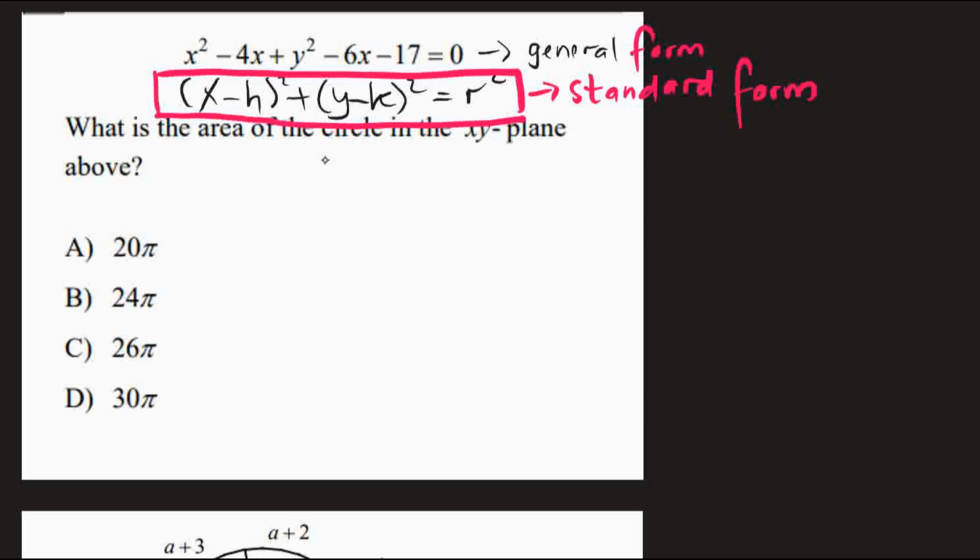So we have to complete the square. We see minus 4x and minus 6y, so we have to divide by 2. x minus 4 divided by 2 is minus 2, squared, plus y minus 6 divided by 2 is minus 3, squared. Now we move the 17 to the right, and then as a result,